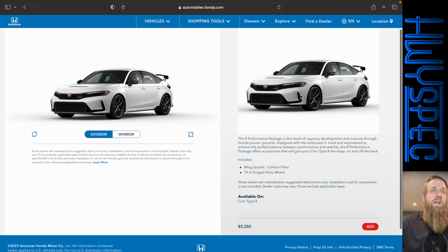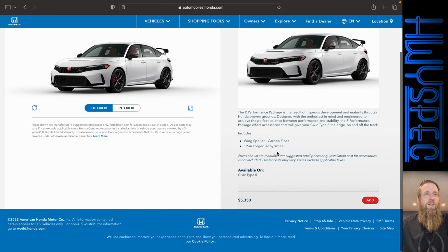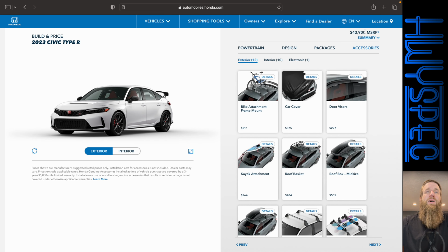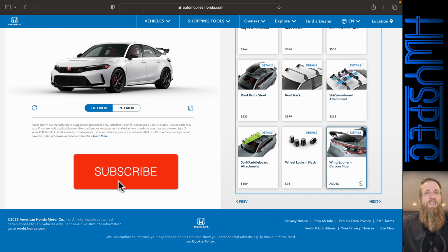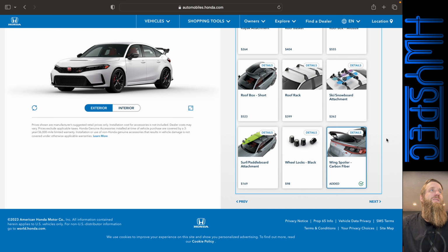Now, the performance package, which is probably going to be pretty rarely chosen, which will make it more desirable down the road, but you've got the wing spoiler in carbon fiber and the forged alloy wheels. But we're going to jump over to the accessories. Right now we're at $43,900 on this Type R. And individually, I probably would add that wing spoiler in carbon fiber because that is pretty cool. $2,250. A decent amount of money for just adding that little piece in carbon fiber, but I think it really